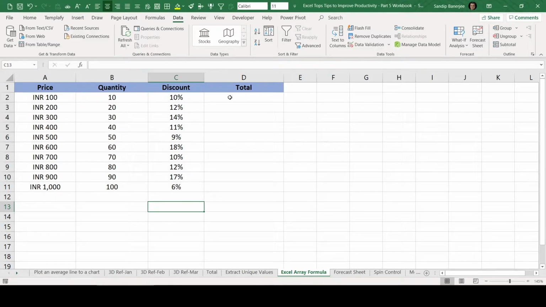In this video, we are going to talk about Excel array formulas. So array means a set of data. Let us take an example. In column A, we have this data that is price, and we have different values here. If I select this entire data, this is an array of data. Another array of data is quantity, where multiple quantities are there.